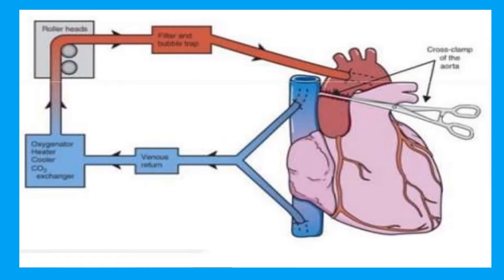Here you can see, here what they will do actually after giving the anesthesia, the chest bone will be opened to access the heart, and they will give certain medications to stop the heart. The patient will be connected to the heart-lung bypass machine, which is used to keep blood and oxygen flowing throughout the body during the surgery.